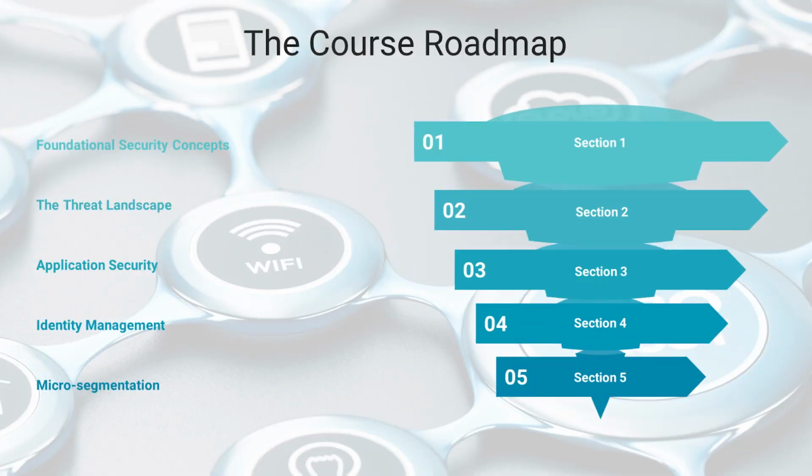Now, here are the individual modules that you can expect to see from this course, and they'll guide you on what you'll learn. We're here in the introduction section, where we welcome you to the course. In the next section, we'll go over foundational security concepts, such as general terms and definitions, and risk management. Section 3 will be the threat landscape. We'll have a video on malicious actors and their motivations, and the impact of a breach. We'll also look at some case studies here.